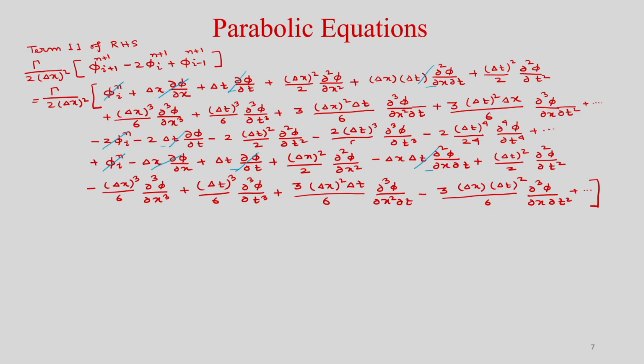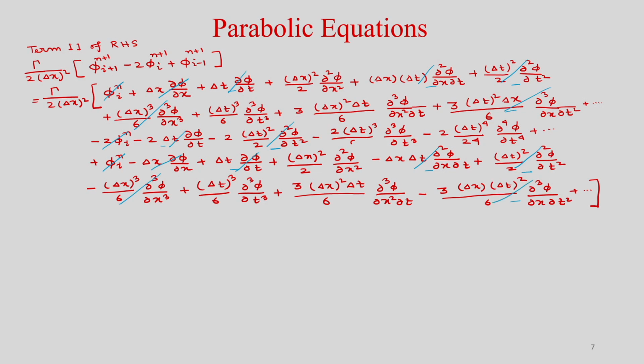Then you can see what other terms will be cancelled, you just check. So you can see ∂t²/2 ∂²φ/∂t². So this term, this term and you can see this term. So now these you can cancel out, because this is minus 2. Then you have ∂x³ by 6. So you can see this and this will cancel out. Then you will get 3 ∂x∂t². So this term and this term will get cancelled.